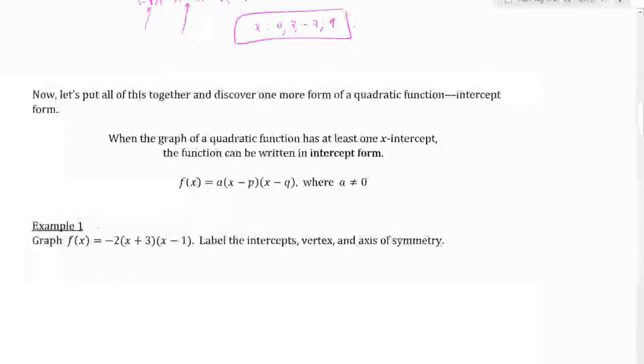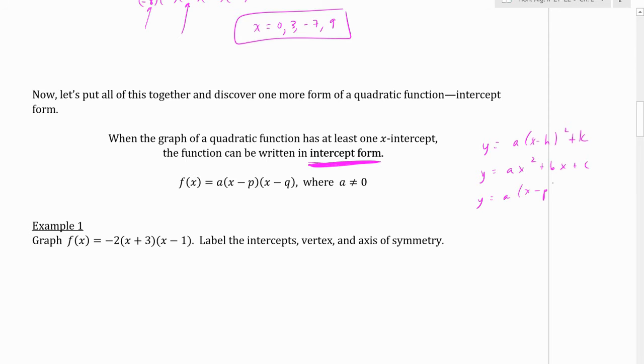Okay. So there's going to be a third form of a parabola. And we call it intercept form. Remember vertex form is this. To me, absolutely the most useful. If I've got to pick a form, that's the form I'm getting in, because you get the vertex and axis of symmetry sitting there. Standard form, that. And now we've got intercept form, which, see, they all have the a out front, but it's just going to be